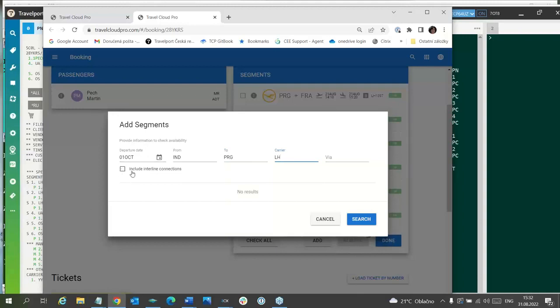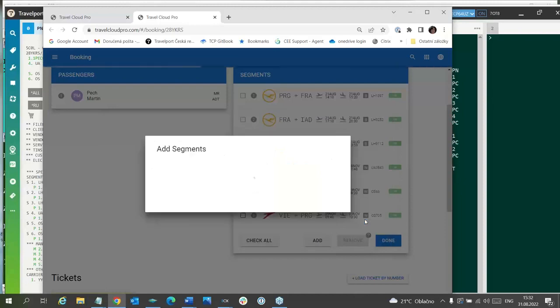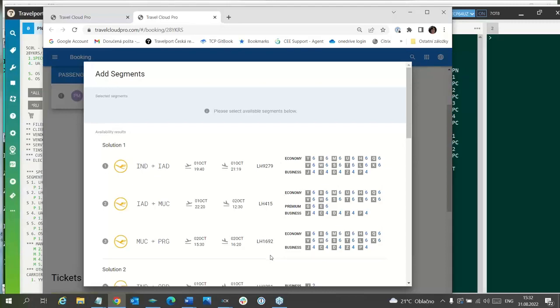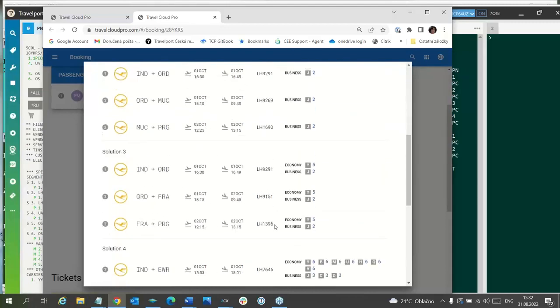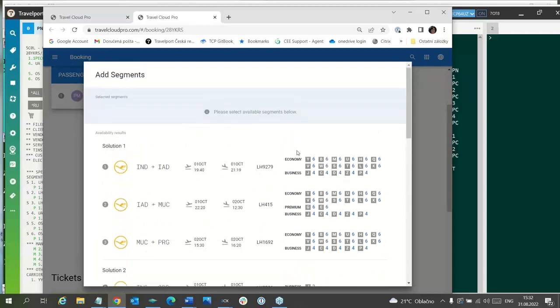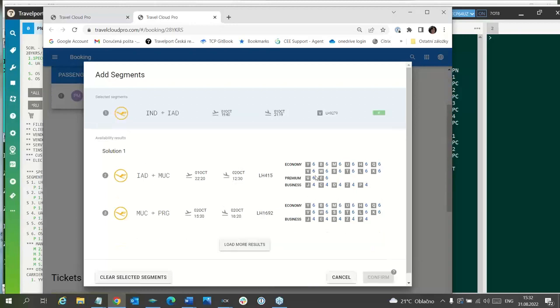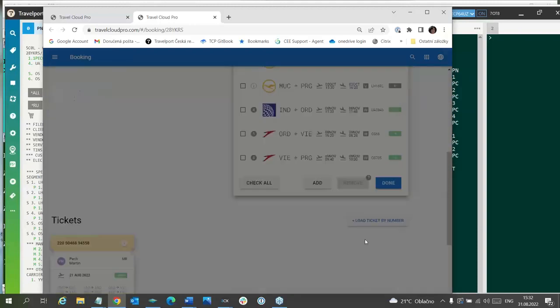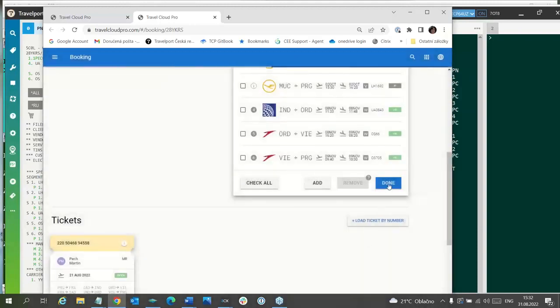Now this field will not be touched, and we will do the search. And now you can see only LH carrier is here. Yes, only LH carrier. So this is the difference. So I will select booking code V and confirm and done.